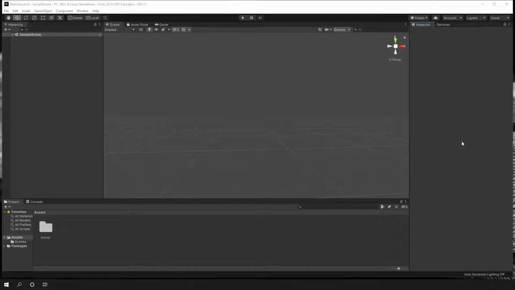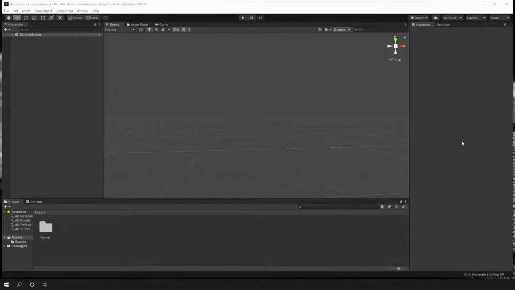Today's lesson is going to be about how to use a joystick in Unity. There are two main ways to do it. One is the regular one, using the input manager that Unity has provided since the beginning of all time. The second one is a new package that we will not talk about today.